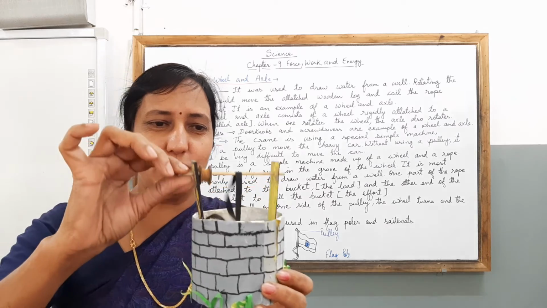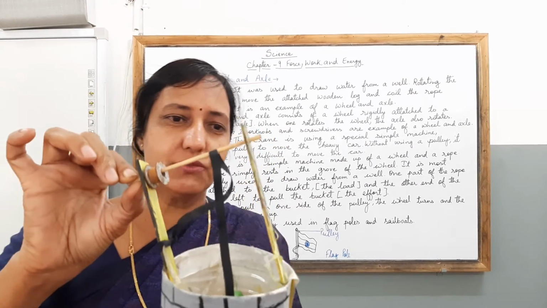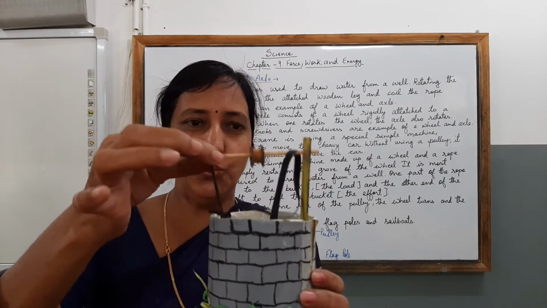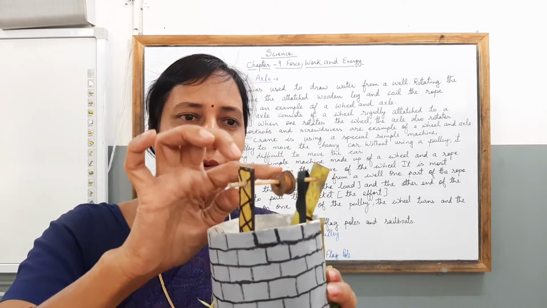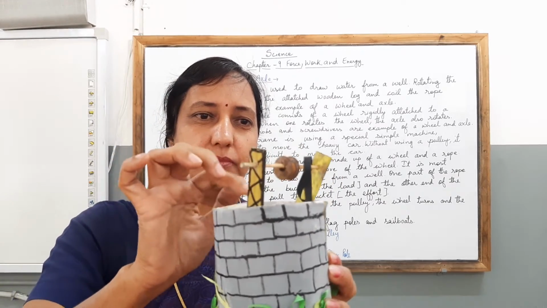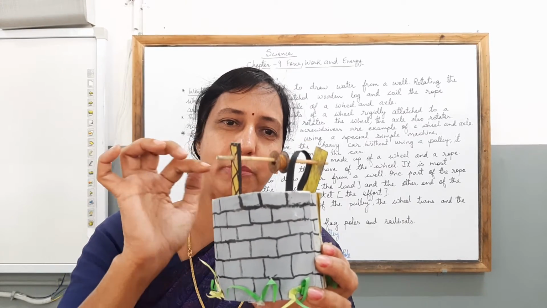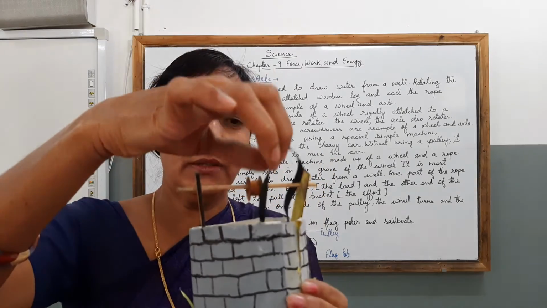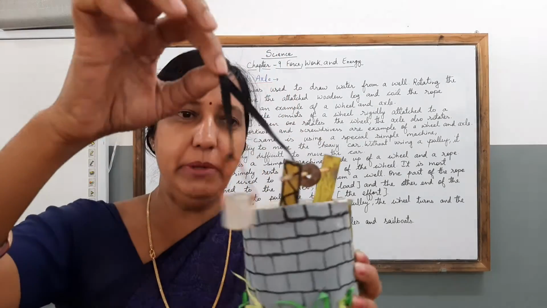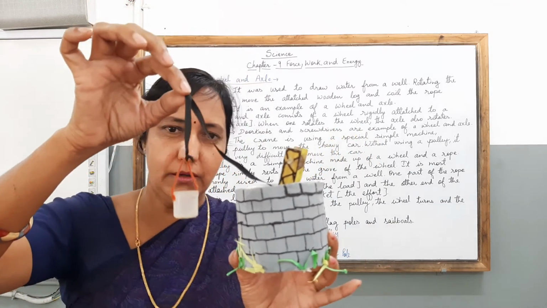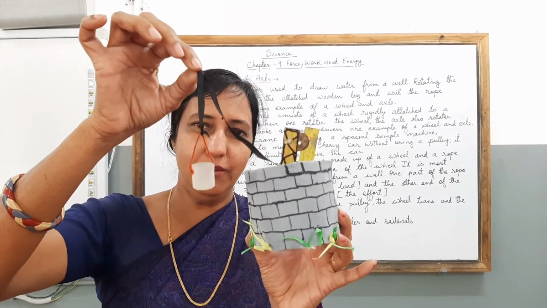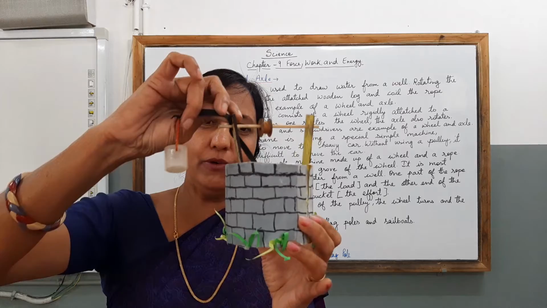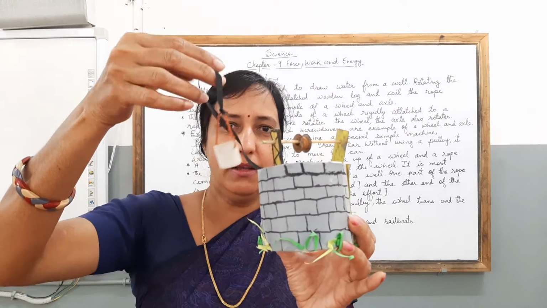And children, the other things which are used to make this well, you can try to make it like this. Using these 3 sticks, one in the middle and 2 at the side, and putting a wheel right here. You can see a wheel here, which you must be having at home in your sewing machine, or you can arrange for a wheel like this. Okay. And then children, a bucket was made to make you understand how a pulley works to lift a bucket full of water in a well. So with the help of this, I hope I make you understand how a pulley works.